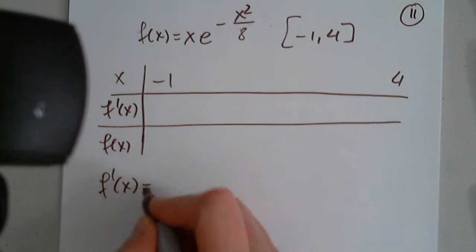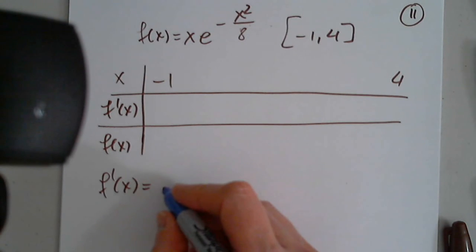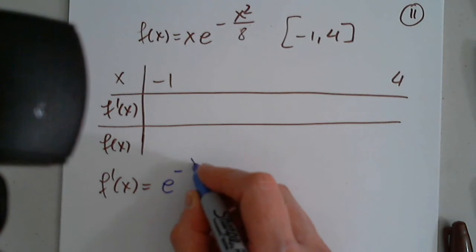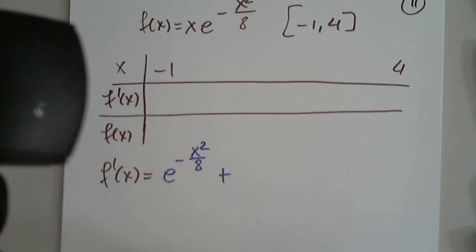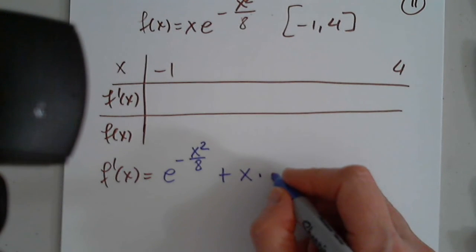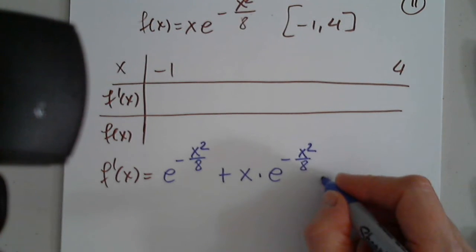Prime of x. Good. Can anyone help with the derivative? Will it be x prime or 1 times e to the negative x? Yeah. Very good. Awesome. Plus x. Yes. Times e to the negative x, yeah. That and then